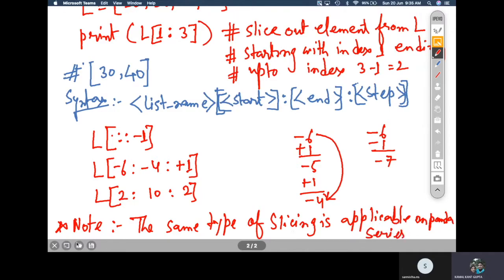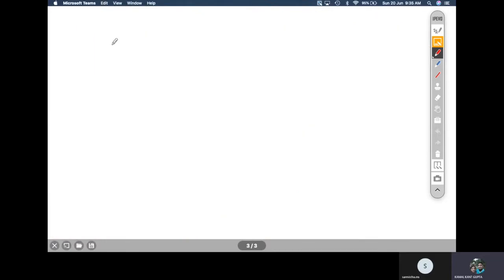Okay, so now let us see how to apply slicing on the series. In slicing too, you can use the labeled index. That was not the case in list. We were always slicing the list using a numerical index or a positional index, but in case of series, we can use labeled index to slice as well. So we'll see those two examples.